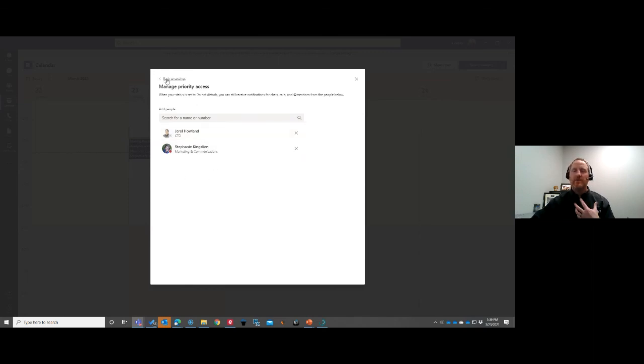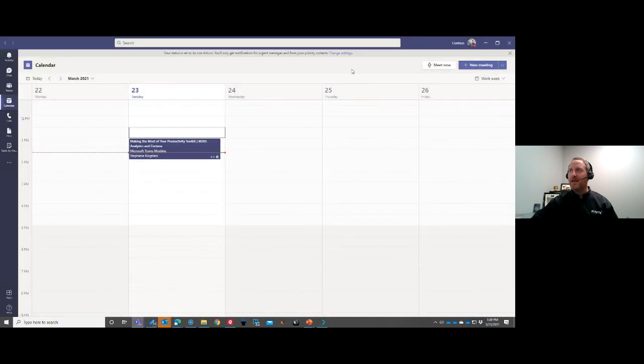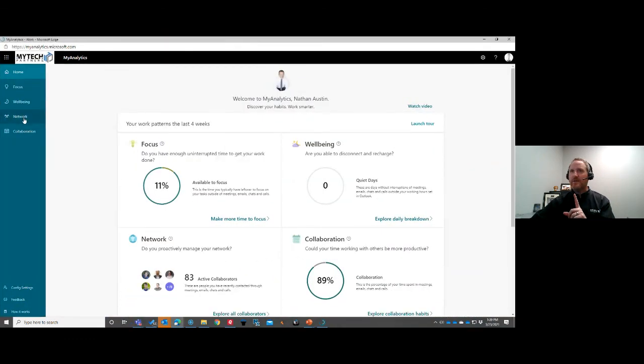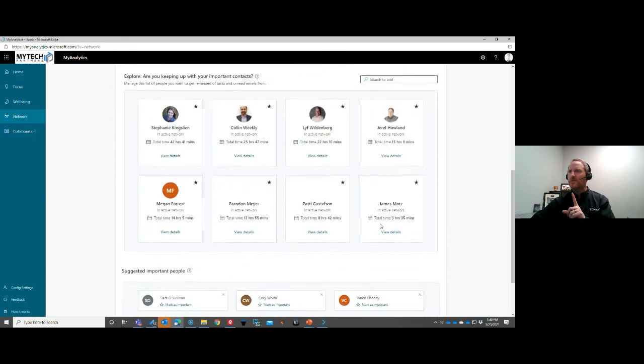So if I'm in do not disturb or in presentation mode, I will get important messages or messages that come from them. So that's an interesting way where they're different settings. They're different important lists. For instance, for the important collaborators, when I come down here, oops, sorry, clicked on the wrong one. This is where I can set my important ones.